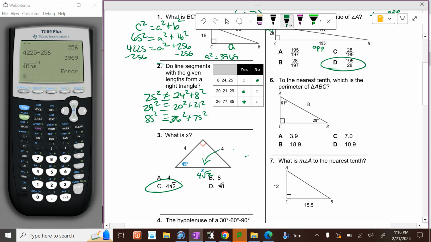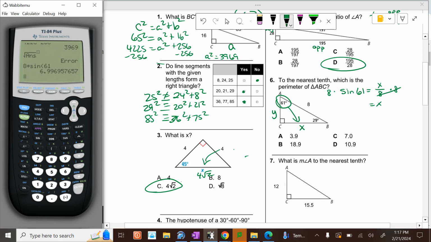The perimeter. Let's make this x, make this y. And let's say 61 is our angle that I want to use. X is opposite. 8 is hypotenuse. What trig function is opposite hypotenuse? That's right, sine. So the sine of 61 is the opposite side over the hypotenuse. So if we multiply each side by 8, 8 times the sine of 61